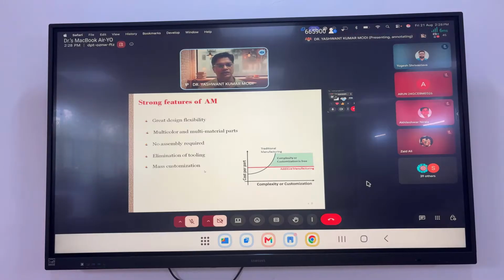Another feature of this technology is mass customization. As opposed to mass manufacturing or mass production, this technology provides the feature of mass customization. That means the manufacturing cost, as you can see on the screen, doesn't go up with increasing complexity or customization. Whether there is one part, or 10 parts, or 100 parts, or 1000 parts, the cost per part remains the same in the case of 3D printing technology. And